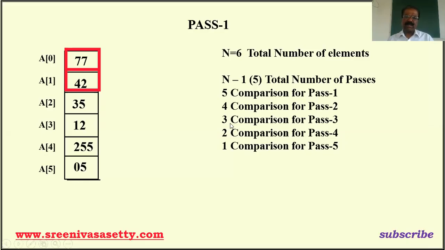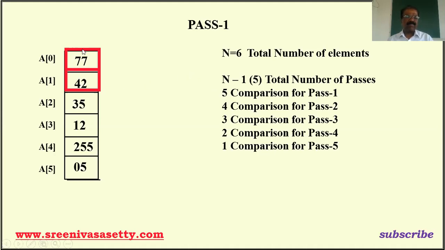Now first I'm going to explain the algorithm, because I'm going to arrange the numbers in ascending order using the bubble sort algorithm. As for bubble sort, we require n minus 1 passes. If you have n equal to 6, we need 5 passes. So in general, if you have n elements, we require n minus 1 passes. For each pass we require n minus 1 comparisons, next n minus 2 comparisons. Then I'm going to explain this in detail.